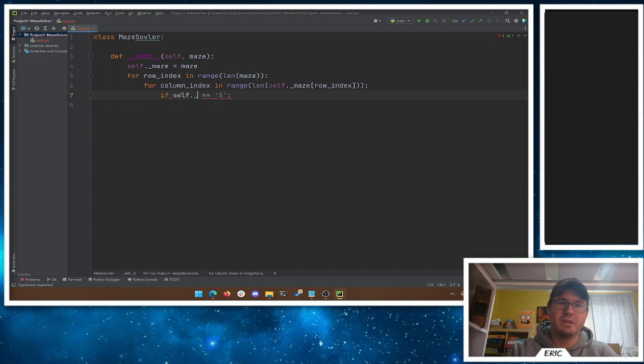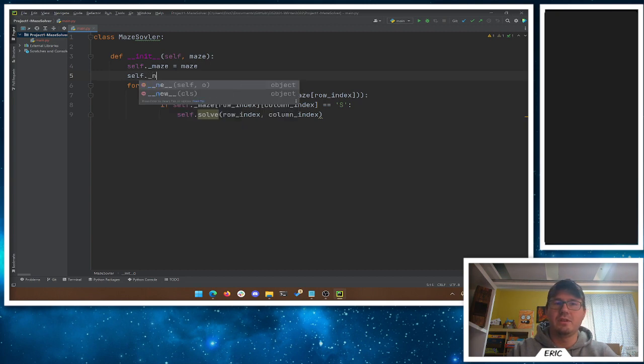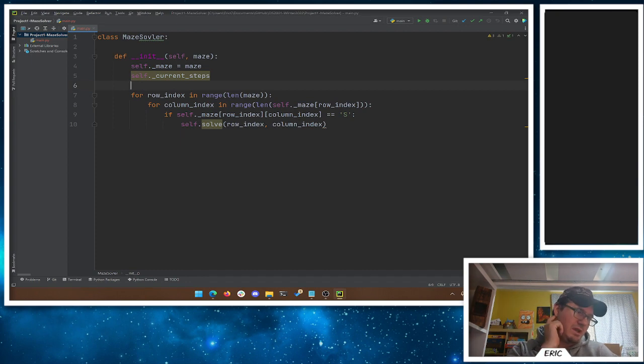So then we'll say if the self.maze at the row index at the column index is equal to start, then right now I've got my starting location here. And really, I can just go solve from here, right? We'll call self.solve, given the row index and the column index. Great. The other thing we're going to need is a couple other variables here. So we'll have the number of current steps,